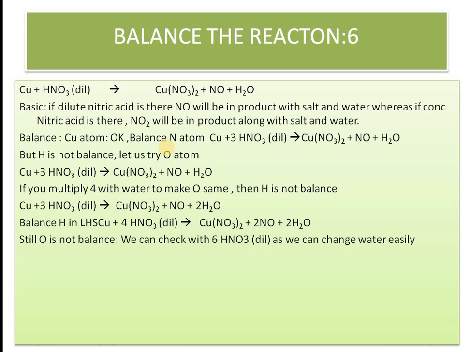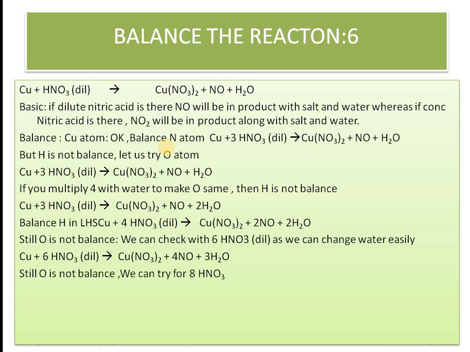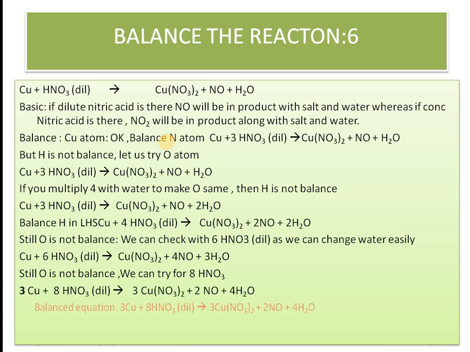So we can check with 6 HNO3. Because we cannot do odd numbers, we have to do with an even number, then only 6 oxygen would be there and further reaction will take place. So here, no problem. Then we try 8, and again 8 HNO3 is not coming. This is the method, hit and try. Hit and try means we are trying, if this is not there, then this, if not there, then this.